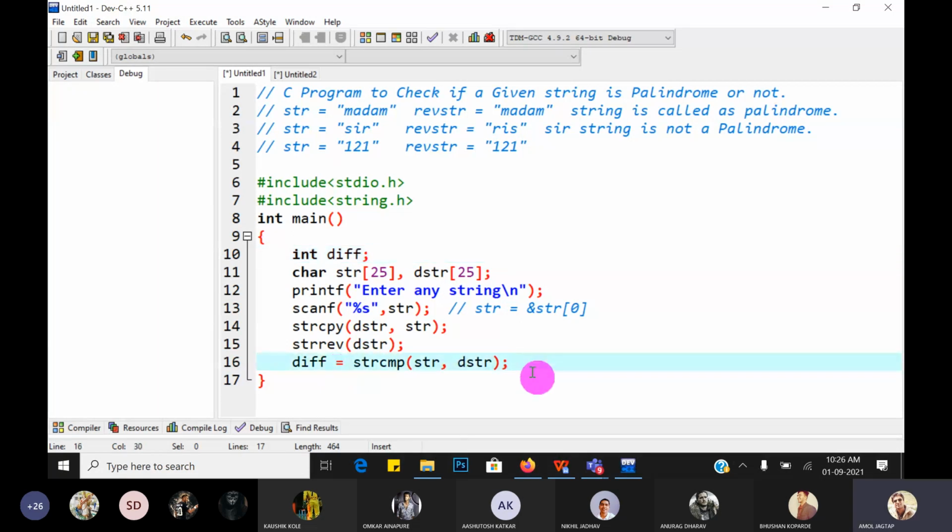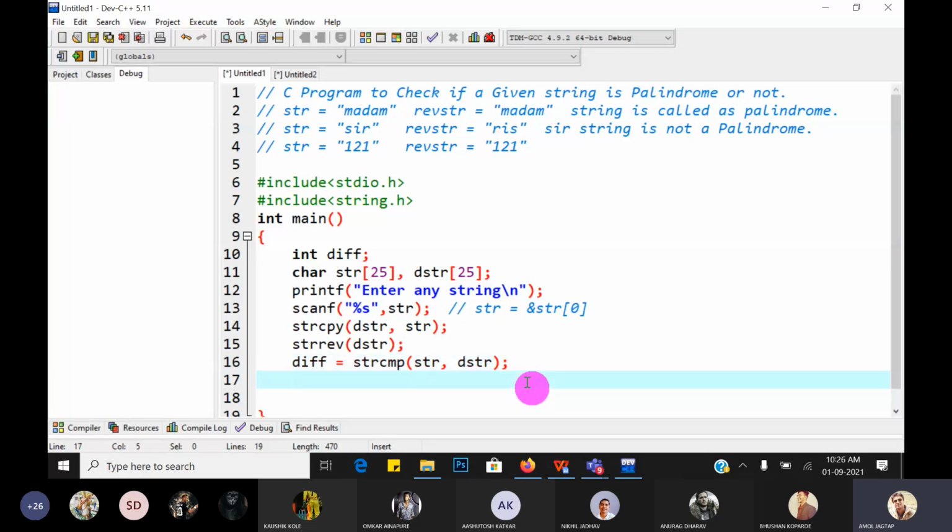Great. Now it's easy. If both strings are equal, then the difference is 0. If both strings are unequal, then the difference is other than 0, either minus or plus, but not 0. Only if both strings are equal is the difference 0. So we have to make a condition on that.